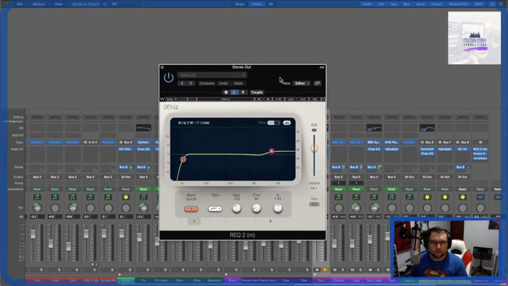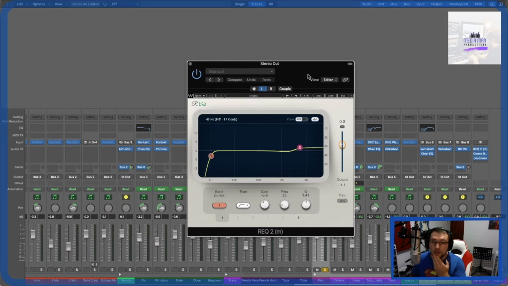This is a really good, so you've seen me use the REQ. This is a good tip. I use the mono one on the stereo out. On the left channel, I will raise the high end by 2 dB. On the right channel, I'll lower the high end by 2 dB as well. And what that does is it just pushes a little bit of the sound out, because